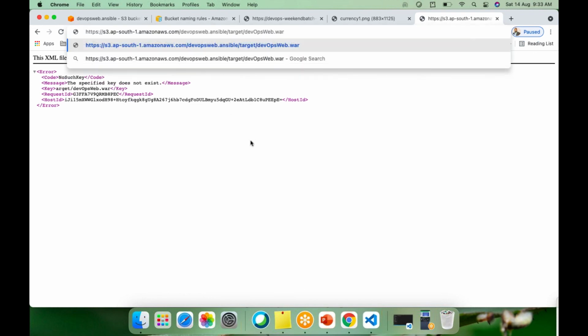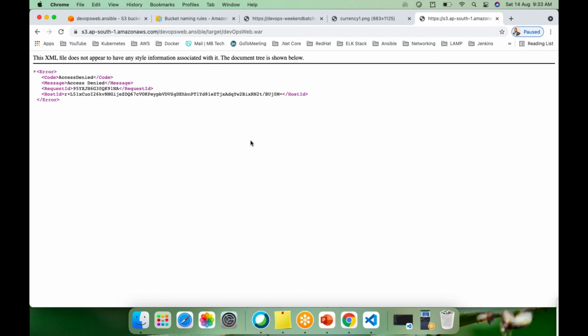It gives me the entire folder with the object. I have only one object, called DevOps web.war file, under target, and it gives the details also.